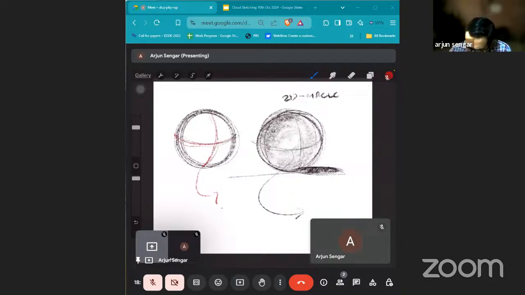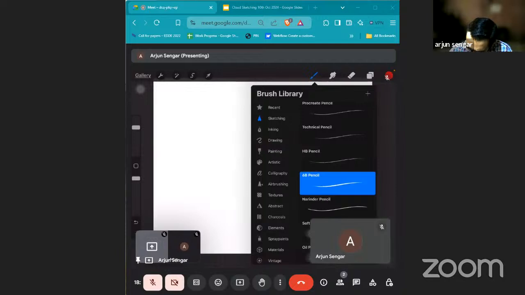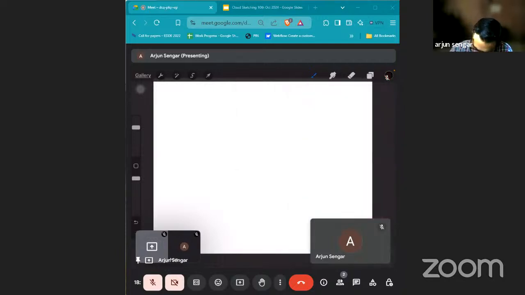For your information, this is called a contour line. A contour line is something which immediately transforms a shape into 3D. Similarly, we will look at another example, a cylinder. Again, we are using our cloud technique only. Start, and just try to make it as rough as possible.